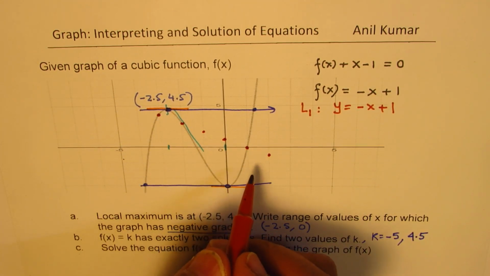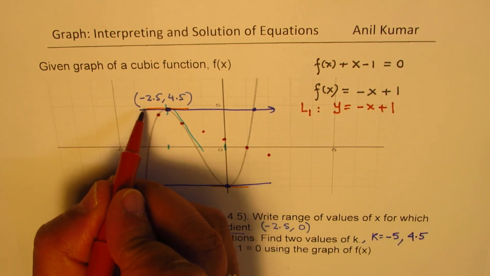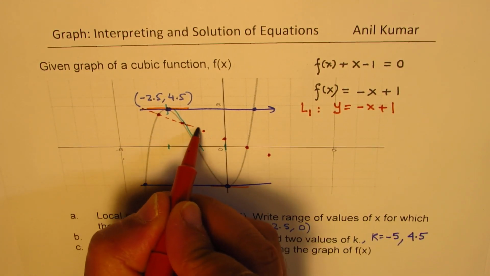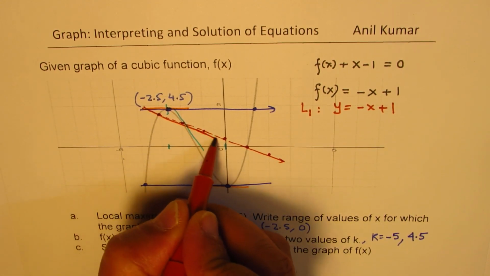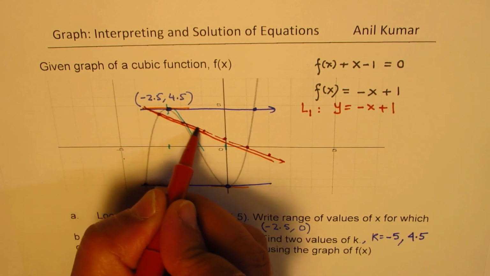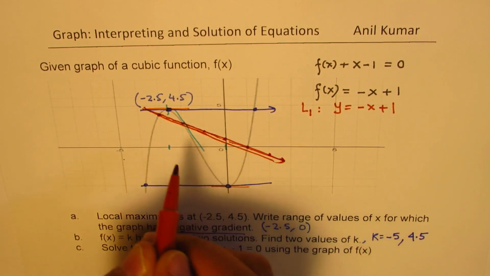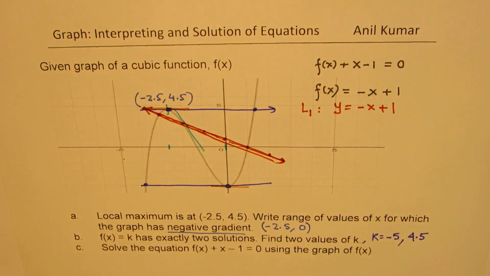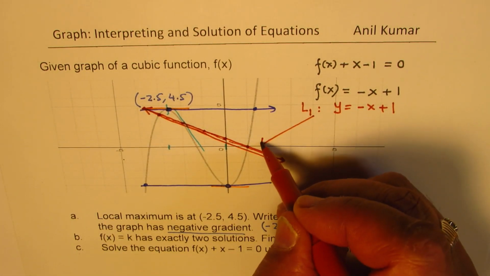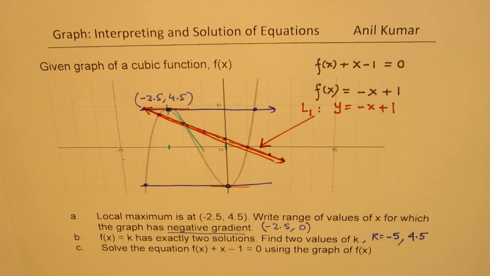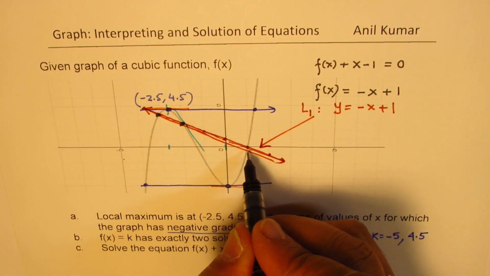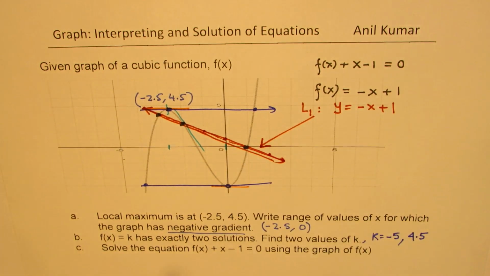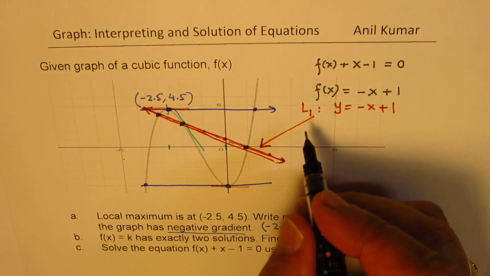You should use a scale to draw it neatly. However, I will just connect it with dotted lines, correct? So like this. Okay, so let's just connect it. That is better. So we have a line y equals minus x plus 1, and the intersection of this line with the graph, which are these points, are the solutions. So we have three different solutions, right? So the solutions are: